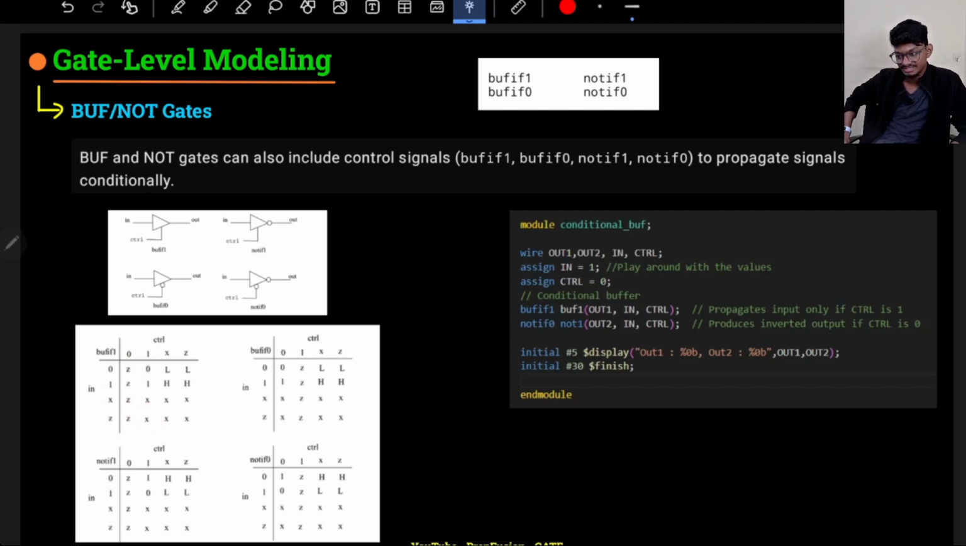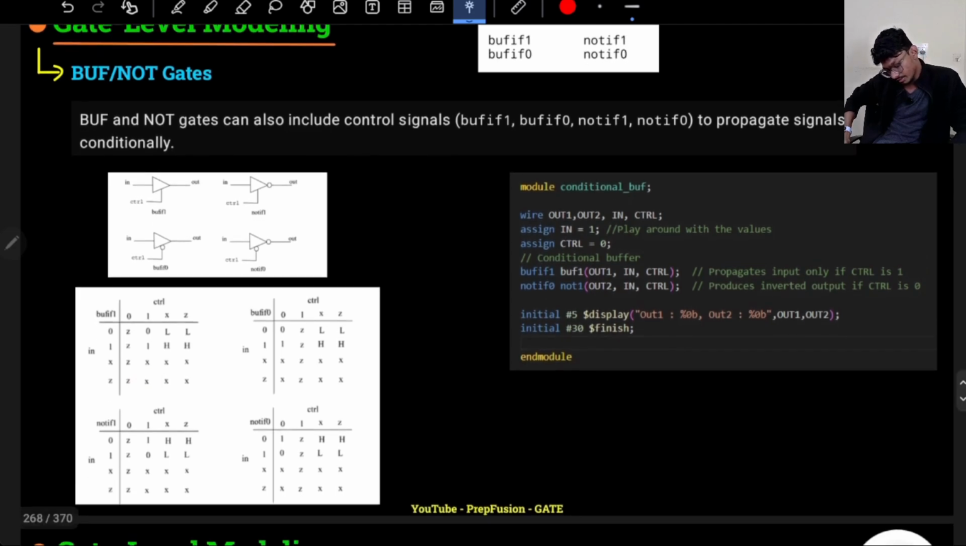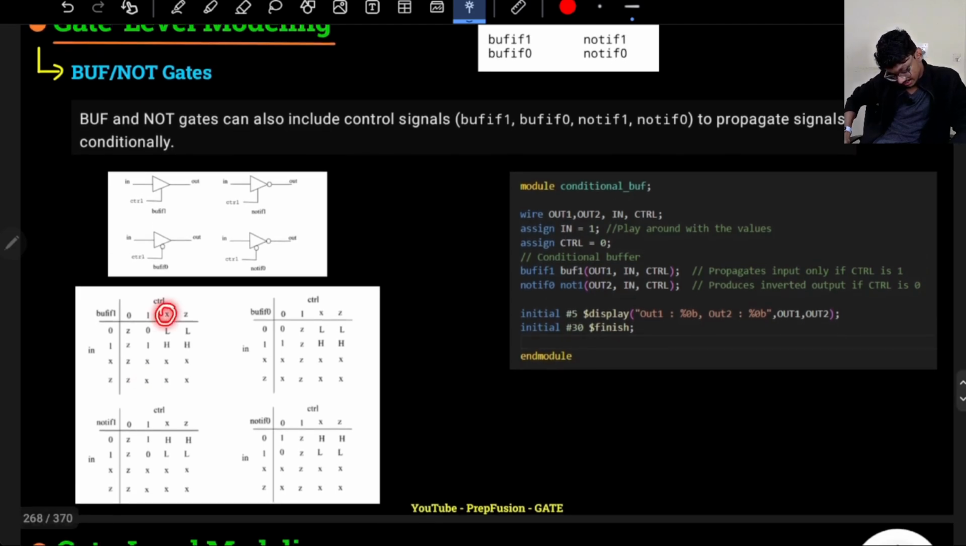Because input is high impedance, it does not mean that output will be high impedance. It will be simply x, unknown value. Okay, now if my control signal is x,